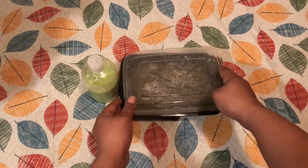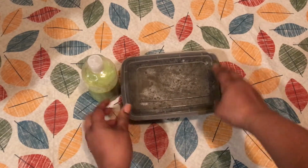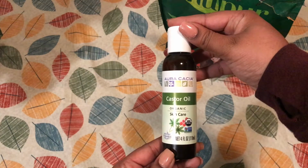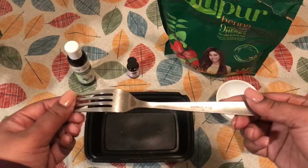In today's video, I will be sharing how I make 2 hair masks that will rejuvenate dry hair. Let's get started. The first mask is a henna mask. I'll be using castor oil, lavender oil, this plastic container as a mixing bowl, a measuring cup, a fork, and